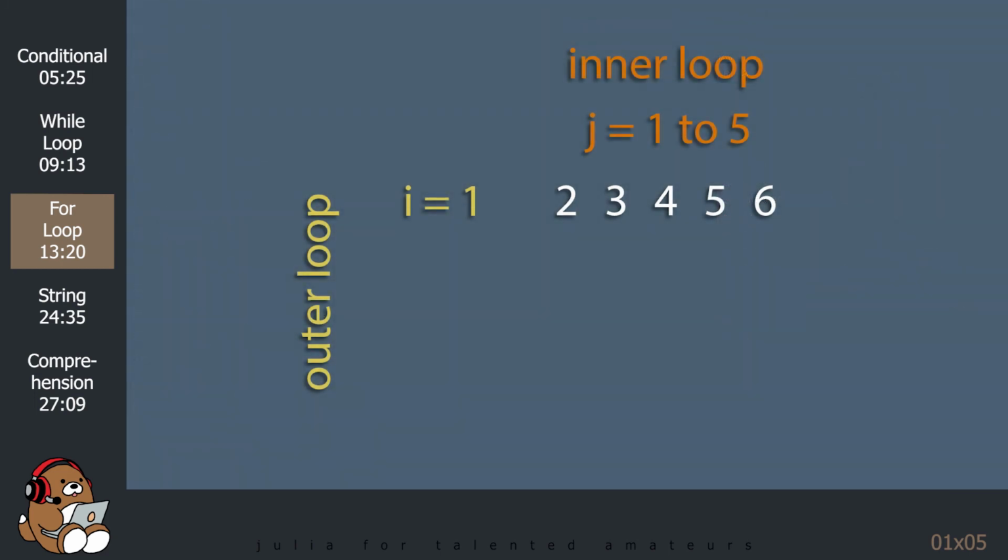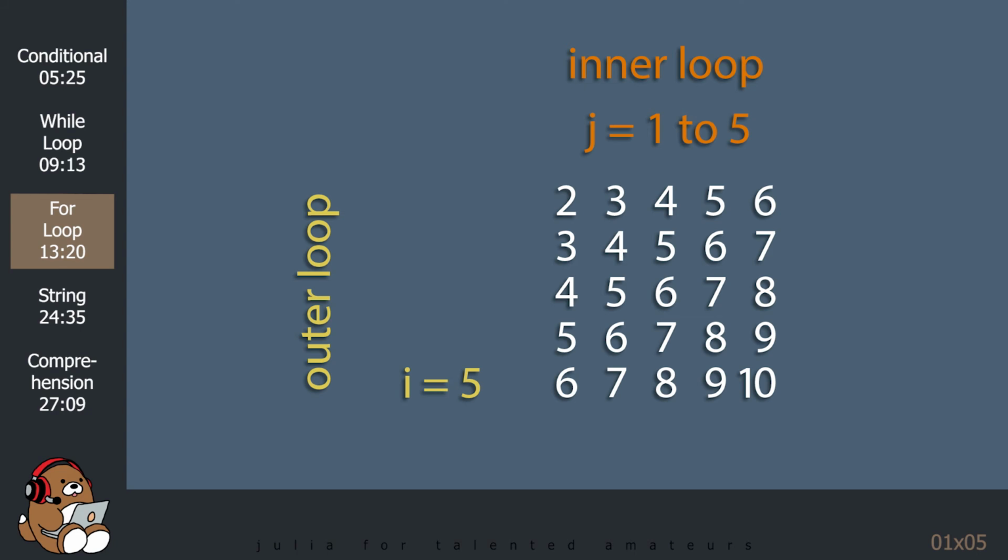The first for loop is called the outer loop, and the nested second loop is called the inner loop. In this example, the outer loop is being used to index the rows, and the inner loop is being used to index the columns. So when i equals 1, the inner loop populates all of the columns in row 1, and then it ends. This allows the outer loop to continue to i equals 2, which triggers the inner loop to go back to work and populate all the columns in row 2, and then it ends again, and so on until the outer loop has completed all of its iterations.